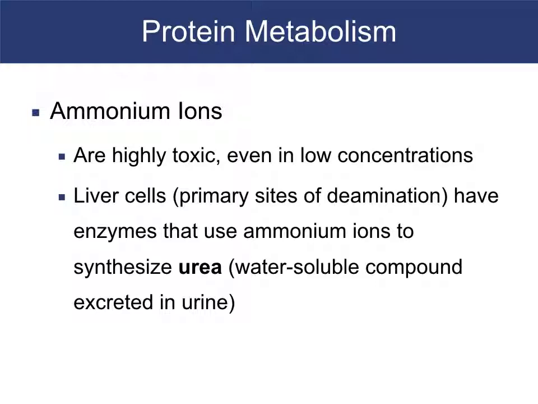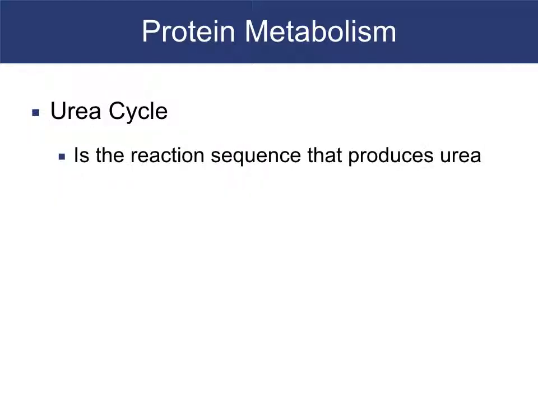Now, urea is a chemical that, if you don't know much about it now, you're going to know a lot about it when we get to the kidney next chapter. Okay? Urea is a water-soluble compound. It is excreted in our urine. We are all the time peeing out urea, because the urea was made from the ammonium that was released in our body by the breakdown of any amino acids. The urea cycle is the reaction sequence that produces urea. That's about all I want you to know about it, is there's a cycle that takes the ammonium and turns it into urea, because urea, remember, is water-soluble, it's non-toxic, it can circulate through our blood,